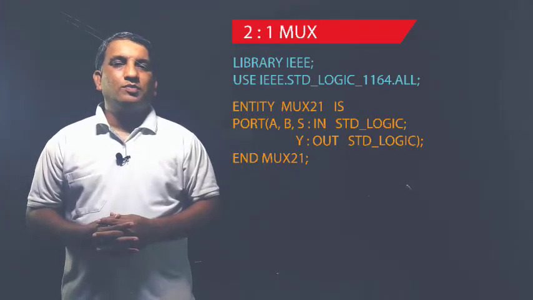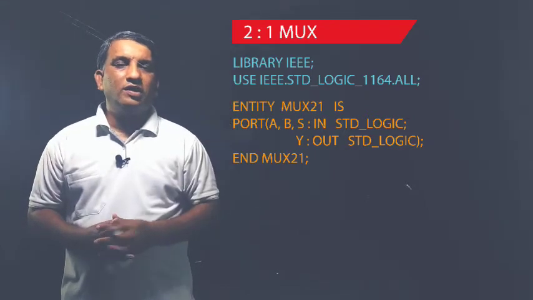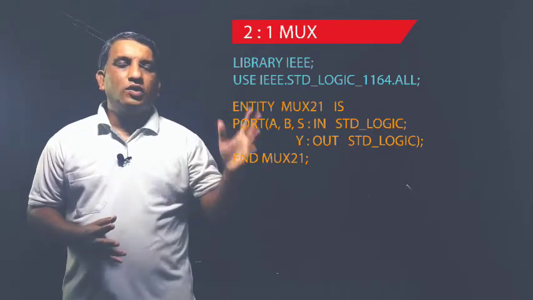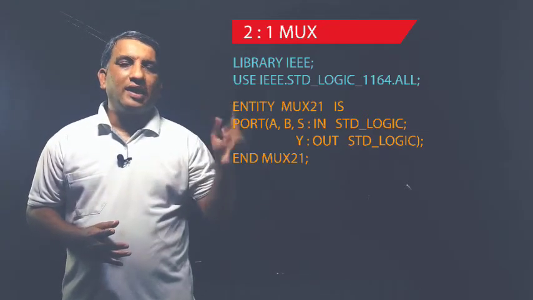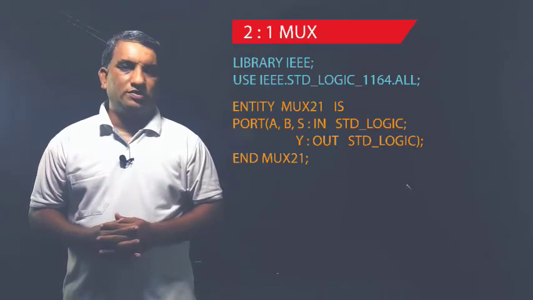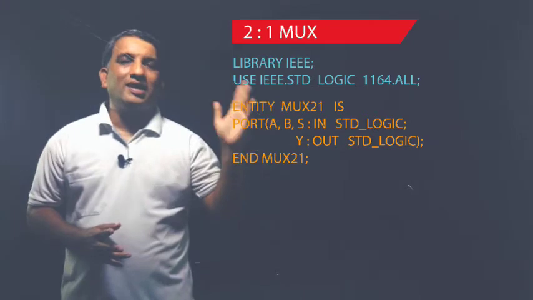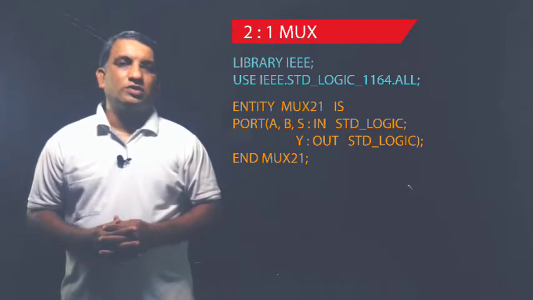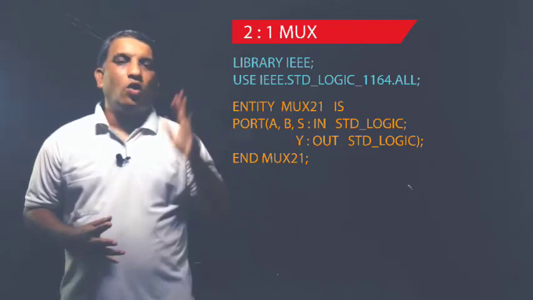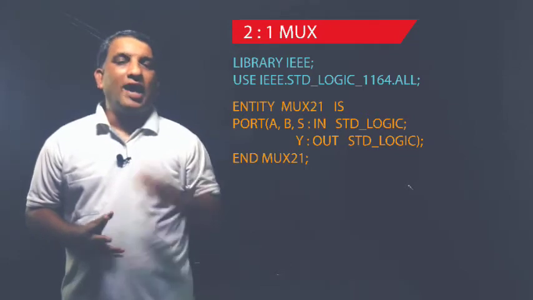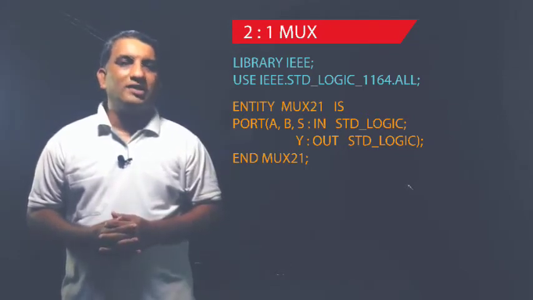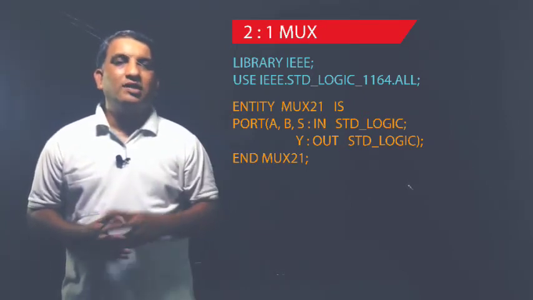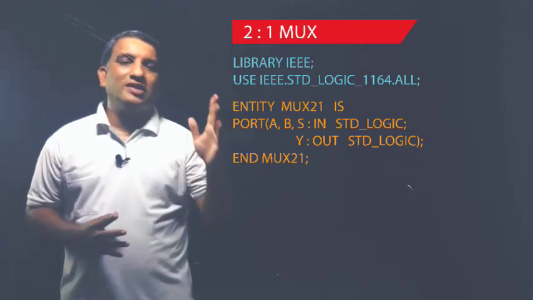After that we have to declare the port. So I will write down the port keyword. Inside this round bracket, I have to declare the ports. So as you can see here, A, B and S, all these three are input ports. Input A, input B and the select line S, all are input ports, and we put a single bit on these ports, either 0 or 1. So all these three ports are inputs, and the data which will come on these ports will be either 0 or 1. यानी सेम डेटा आने वाला है इसके ऊपर, so इन तीनों का डेटा टाइप भी सेम रहेगा. So that's why we will declare all the three ports in a single line.